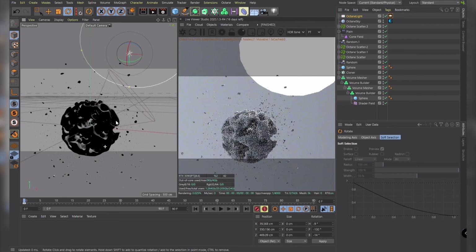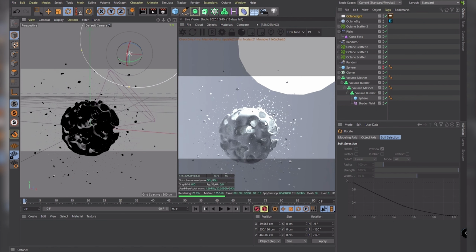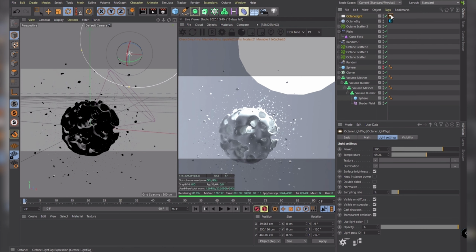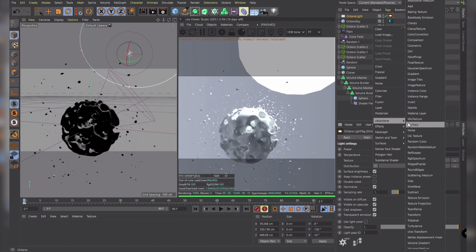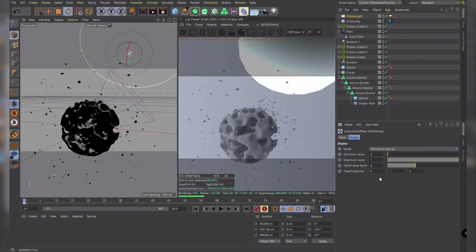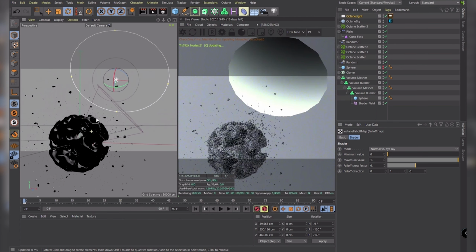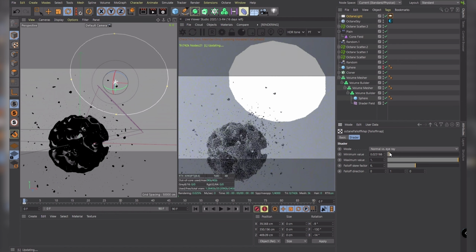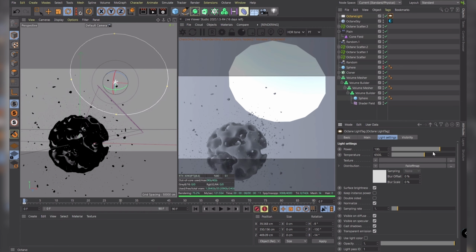Right now this is blowing out the light because it's way too strong compared to the size of the light. So what I like to do with Octane lights is go to the distribution and set up a fall-off map. You can go inside of here, and this minimal value will control how much light passes the disk. You can see right now we have some kind of gradient on there, and the higher the value, the brighter it will get. So I'm going to keep this rather low and go outside of here, and we're just going to increase the power to compensate.